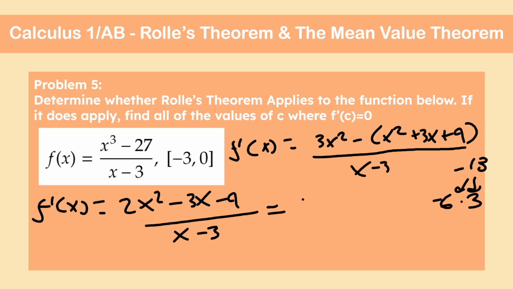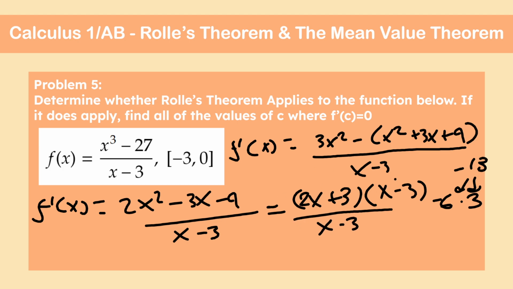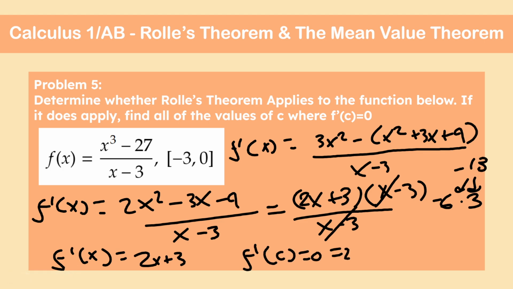So I'm going to put (2x + 3) multiplied by (x - 3), and that will be our factored terms. And we can divide by the denominator once again. And now we have that f'(x) is equal to 2x + 3. We want to find when it's equal to 0. So f'(c) is equal to 0, is equal to 2c + 3. And when we solve for c,